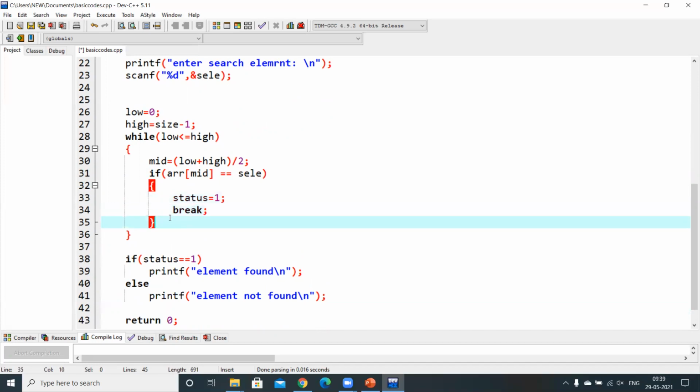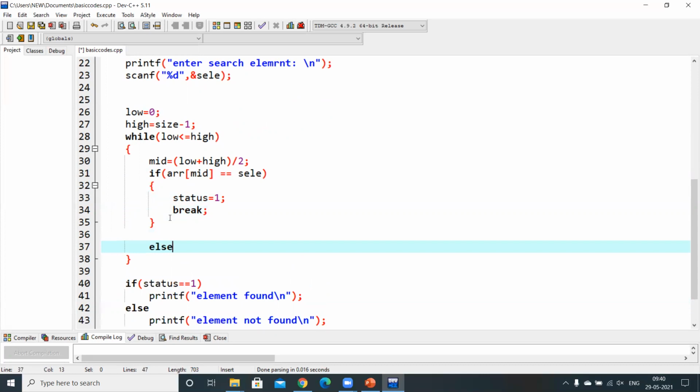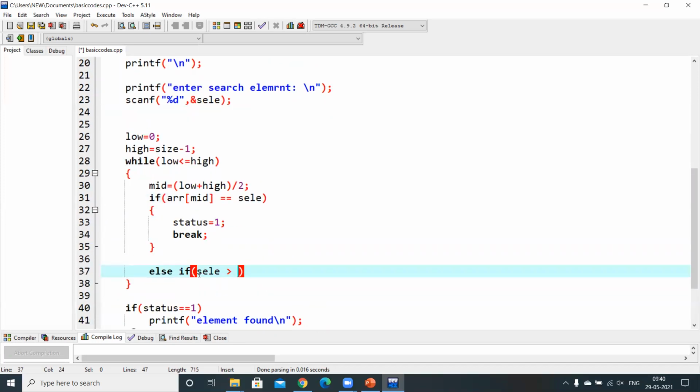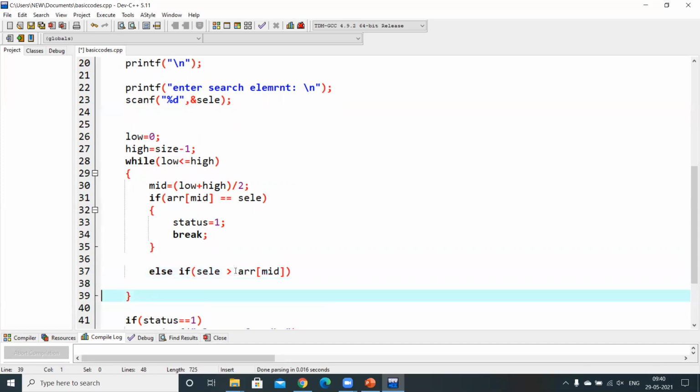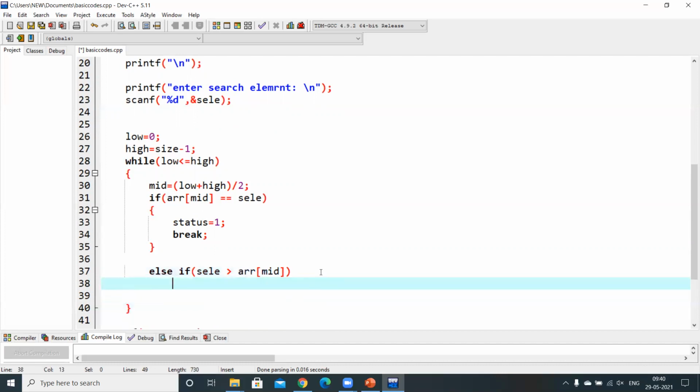What happens if it is not present at mid, and the element to search is present on the right hand side of the mid, array of mid? Then you simply need to modify the low value to mid plus 1.